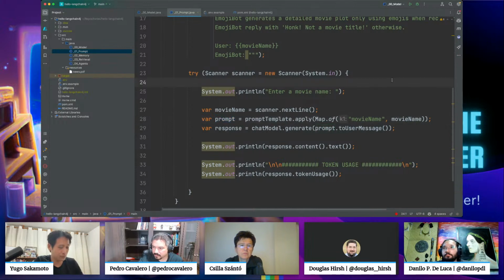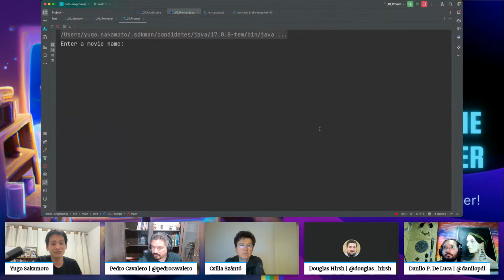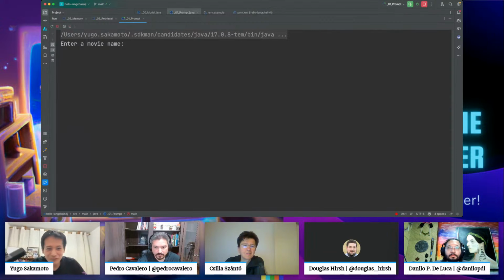So we run this example. Also, I print the tokens just to keep track of how much I'm spending while explaining here. So does anyone have an interesting movie to put here? If someone from the chat wants to contribute a movie title, that would be awesome.